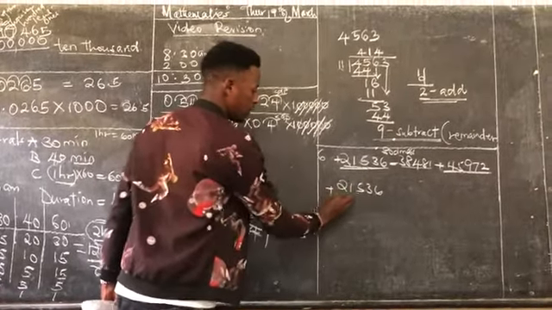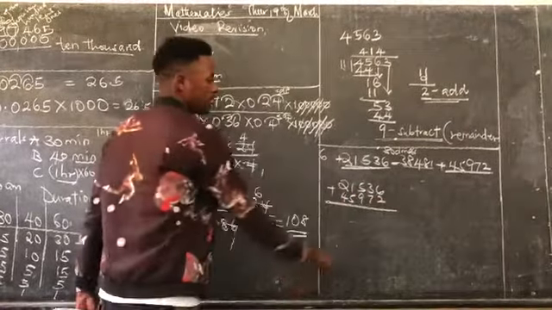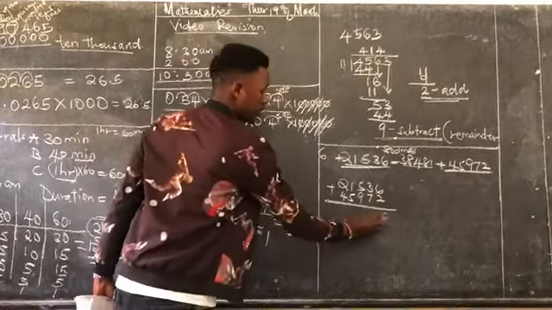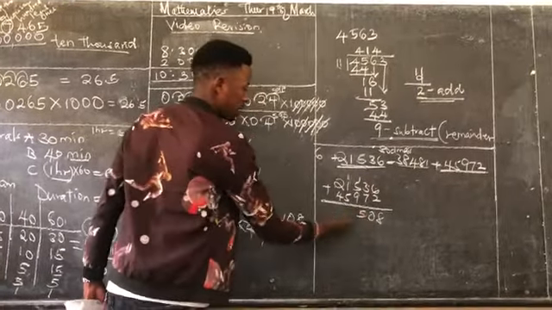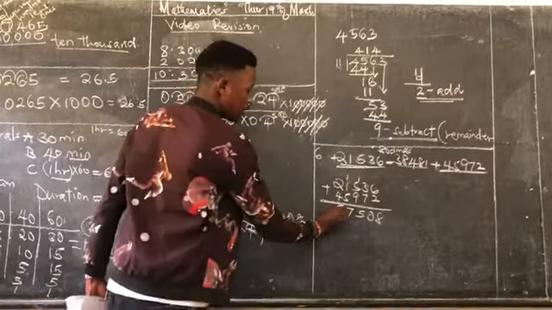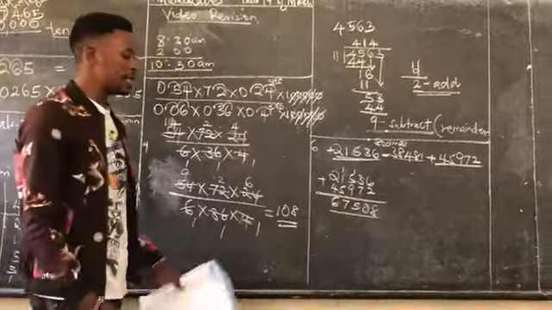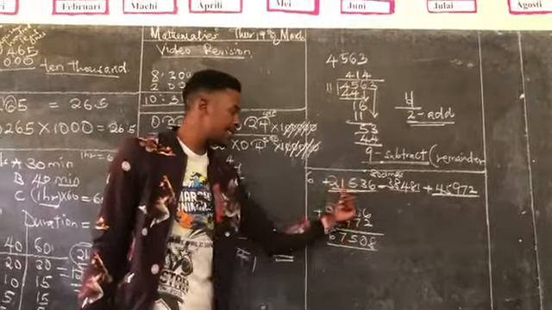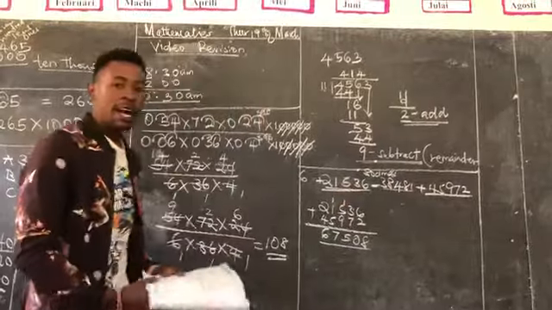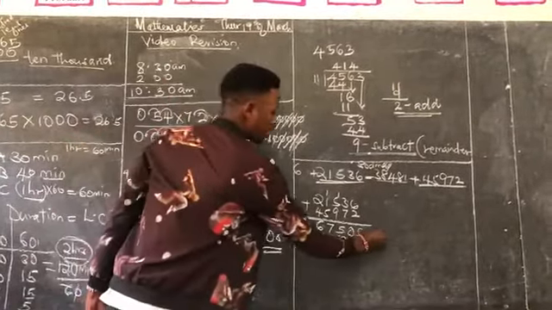21,536 we add 45,972. That gives you 8, 0, carry 1. That is 14, 15, 5 carry 1, 7. 6. So after getting the sum of the two positive numbers, now you can subtract as our final operation sign. Now we subtract